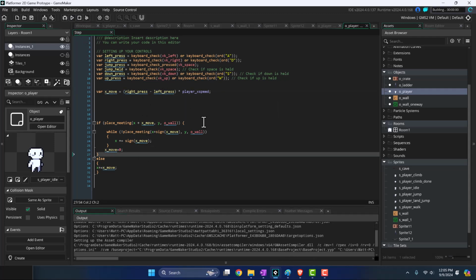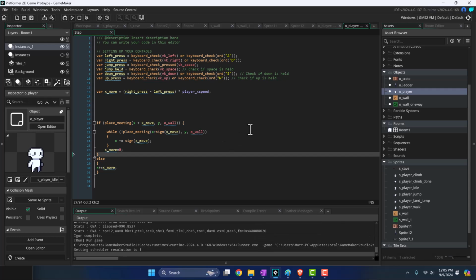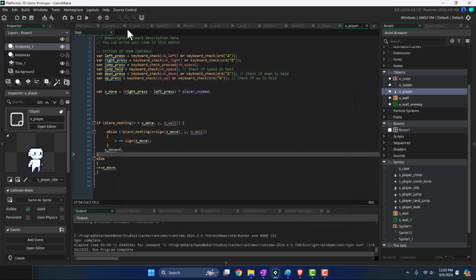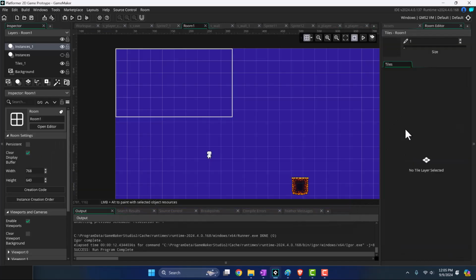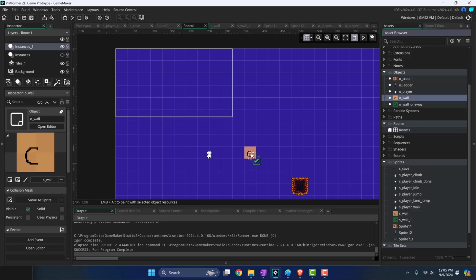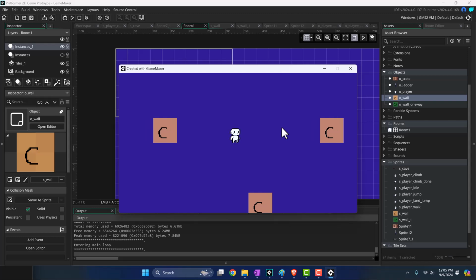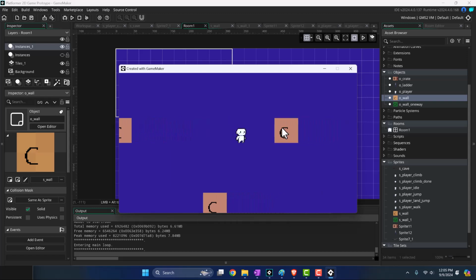And so let's play the game really quick. And notice we can move left and right until we hit the wall here. We don't have a wall in place yet, but if we go to the room, you can just toss in a wall here, a wall here. I'm going to play this again. And we're pretty much saying